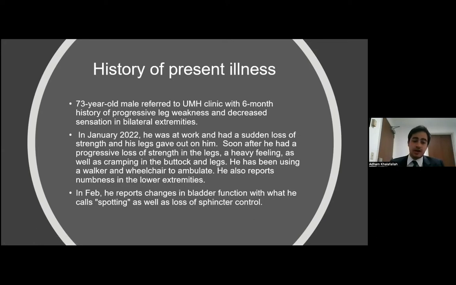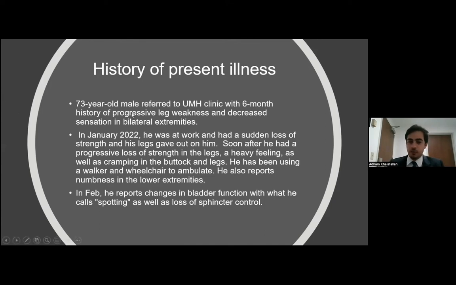Soon he started having a decrease in strength in his extremities, as well as cramping in his buttocks and legs, and started using a walker and even a wheelchair to ambulate. He also started having some numbness in his lower extremities. Moving on, in February, he started having some bladder incontinence, which he described as some spotting,